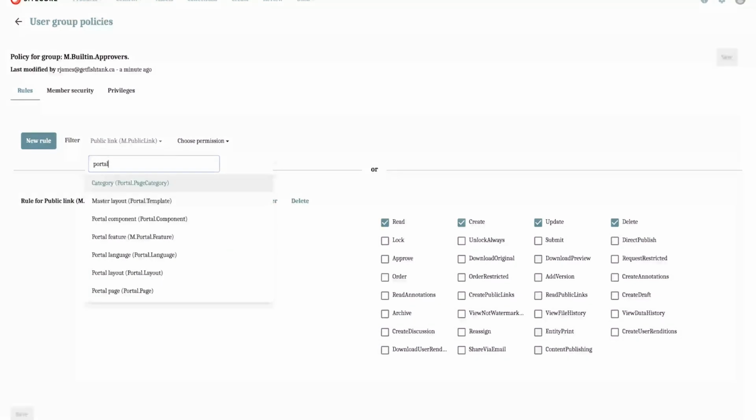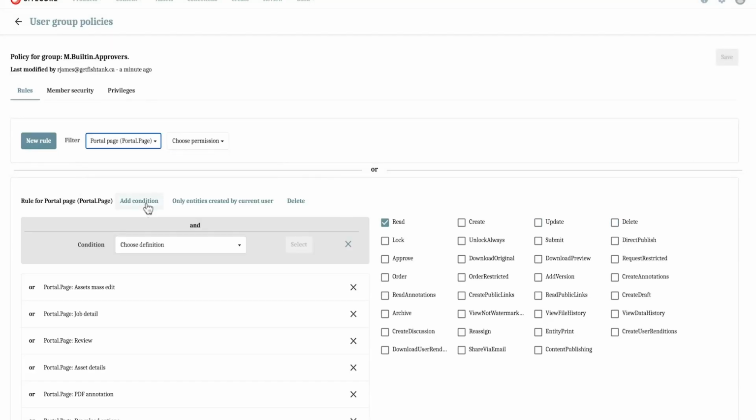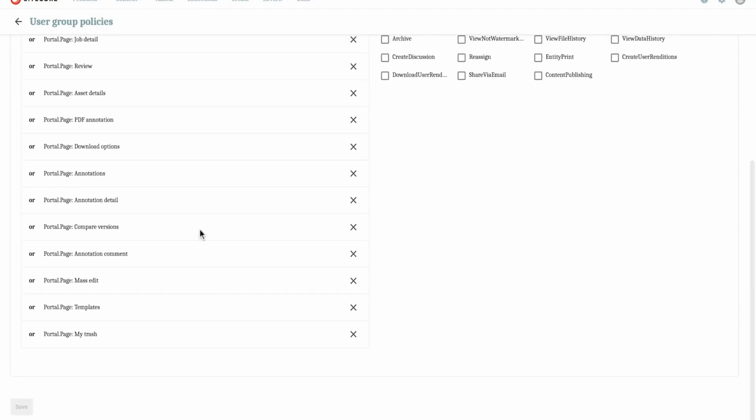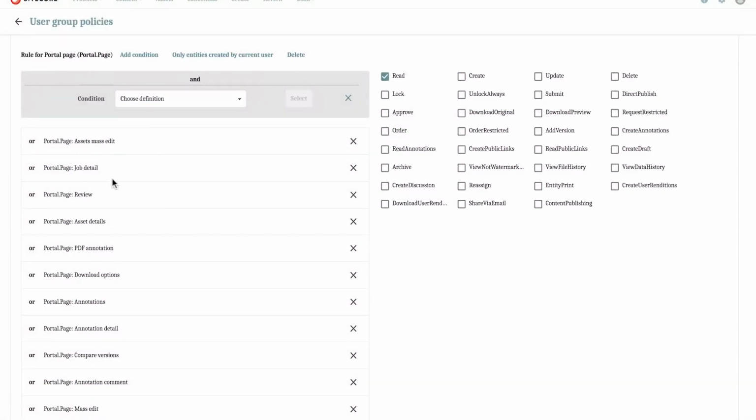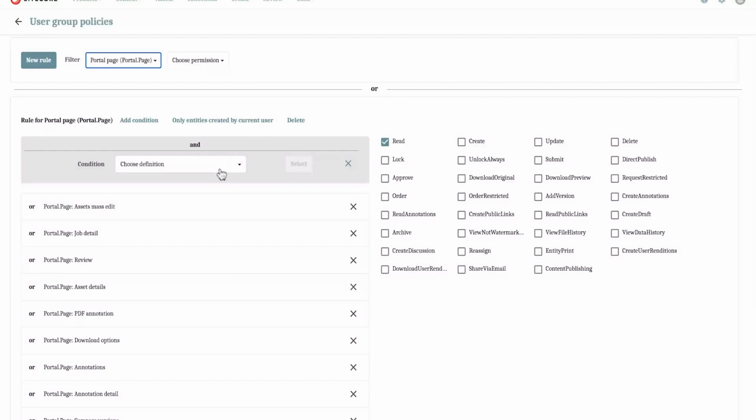So your user groups generally have, especially out of the box, built-in portal page rules. They typically have them. You can see here, this provides the approver with read access to the annotations page, mass edit table, job details, etc. So we're just going to tack on another rule for them to be able to read the Sitecore DAM from the Sitecore CMS instance. Because this already exists, I'm not going to create a new rule for portal page, but